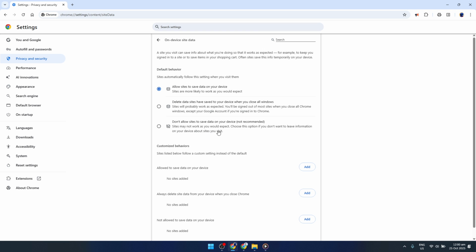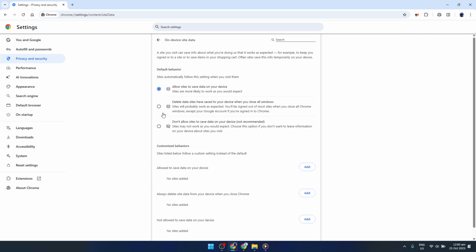Next, scroll down a little and you'll see a section labeled Always Delete These Sites Data when you close Windows. This is another important area to check because it allows for exceptions where data from specific sites gets deleted every time you close Chrome. If you notice any Google-related entries in this section, remove them. Just click on the trash can icon or use whatever deletion method is available to clear these entries. Doing so ensures that data from these sites, such as cookies from Gmail, will not be erased,